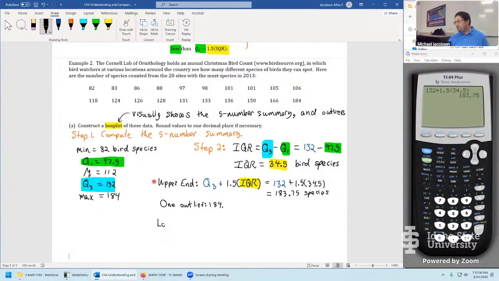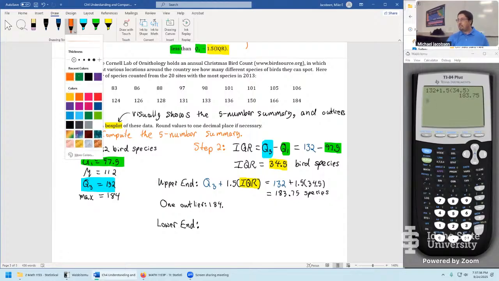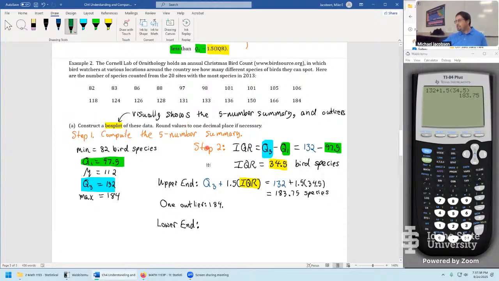Now for the lower end. We mentioned there's a great way to think about this one. Essentially, you're just redoing this formula. If you're talking about the lower end, you go to the lower quartile, change from quartile 3 to quartile 1. Instead of adding on the lower end, you do the opposite thing and subtract. And then the rest is the same, 1.5 times the IQR.